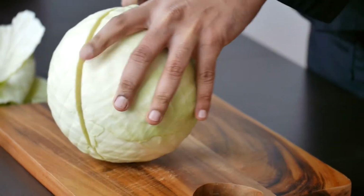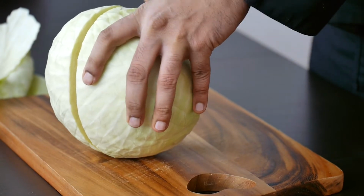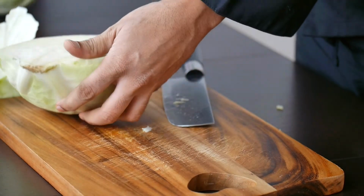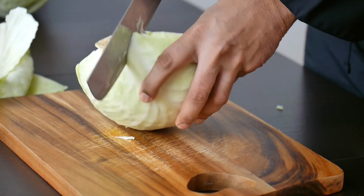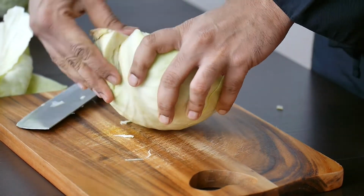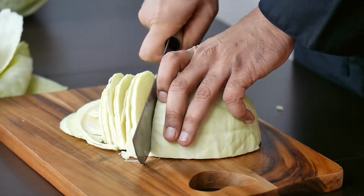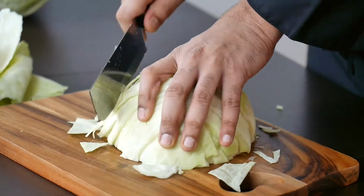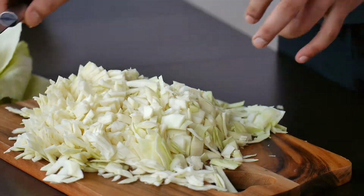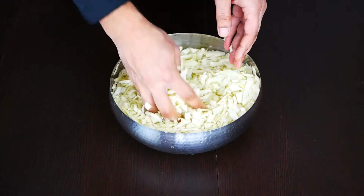Now you must remember cabbage comes in different sizes. The smaller it is, the easier it is to cut and the nicer it tastes. The bigger and older the cabbage gets, the harder it will be inside as well. Now take the stem out of the cabbage very carefully. It's the hardest part, it doesn't have a taste and you don't want to eat it. Now dice the cabbage and slice them into really small pieces. This is the most difficult part of this recipe, cutting the cabbage. Now that the cabbage is sliced and diced, we will soak them in water